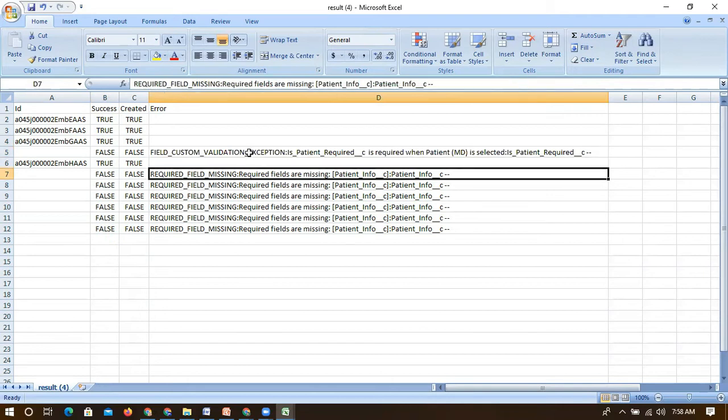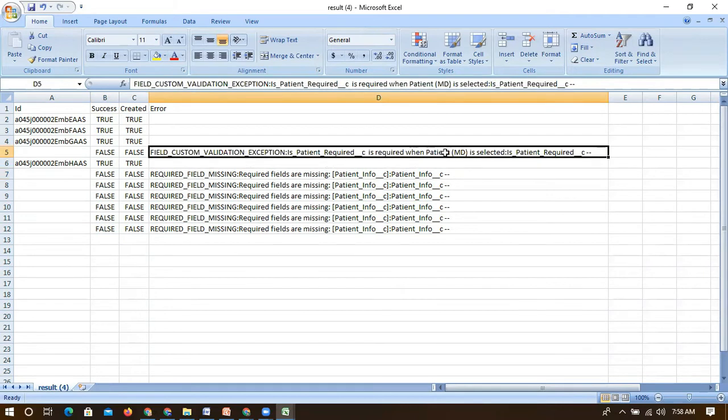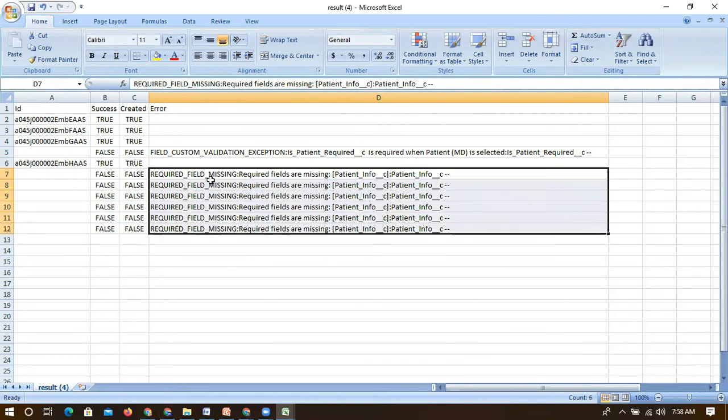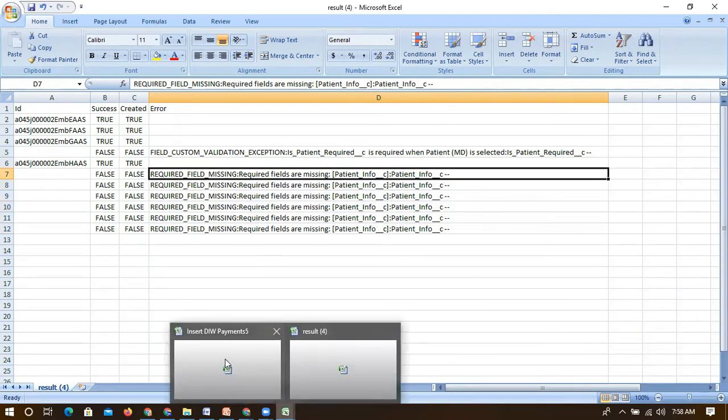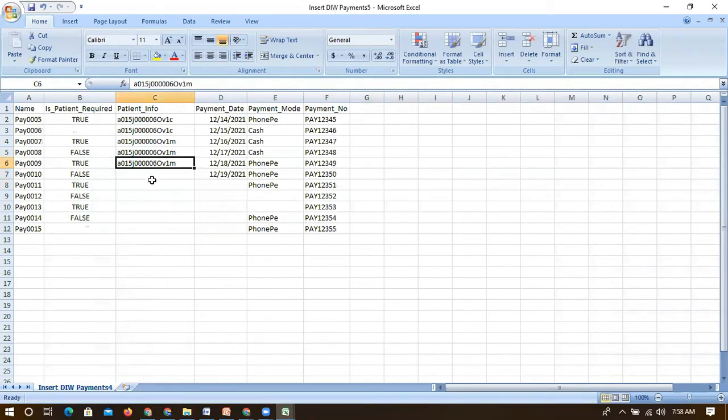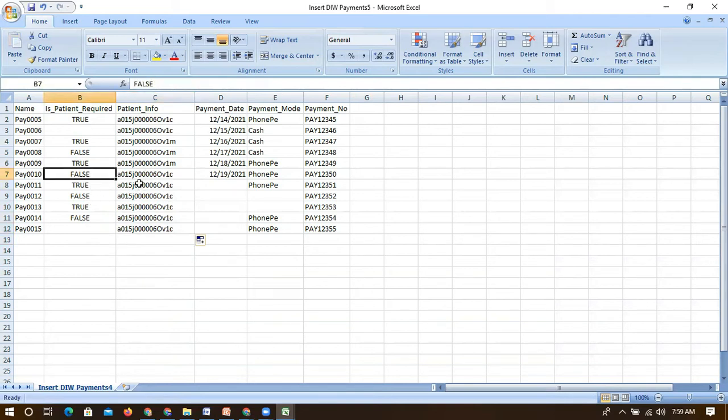The remaining 7 failed. Again, we have to modify the data accordingly and upload the information. If you want to do it again, we need to copy another ID, maybe I'm just copying this ID to all of these. Anyway, you will get one more error, because at the validation level it will check these also. They should also be true.